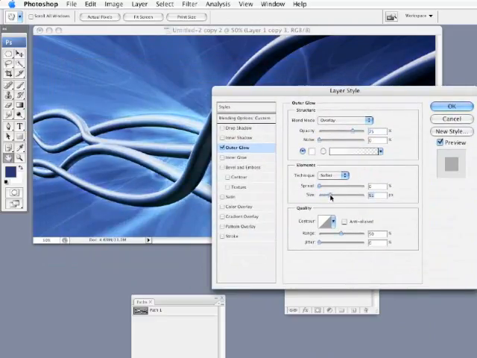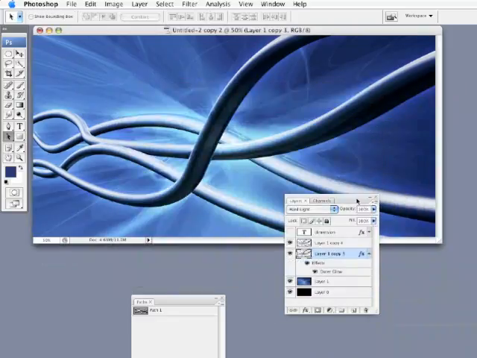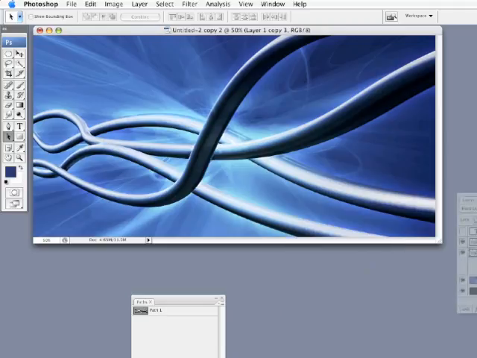And I'm going to increase that size up a little bit. You can see that effect that we're getting there. So it's interacting with that background and giving me a nice variation. And then hit OK. And that pretty much is it. If I go over here and drop some text in,